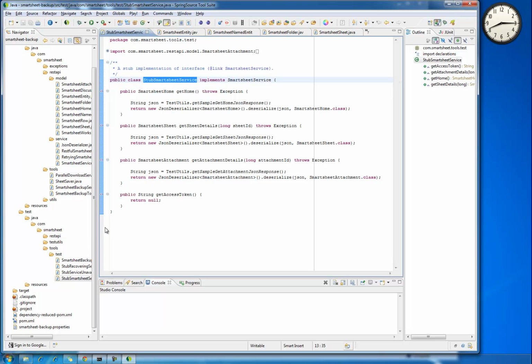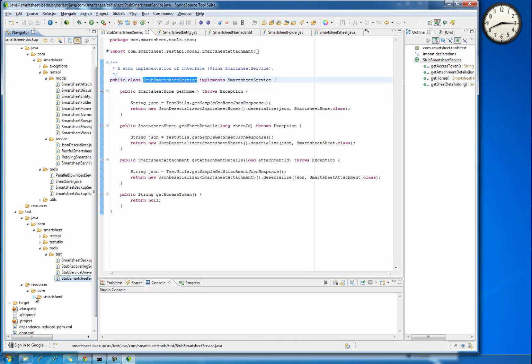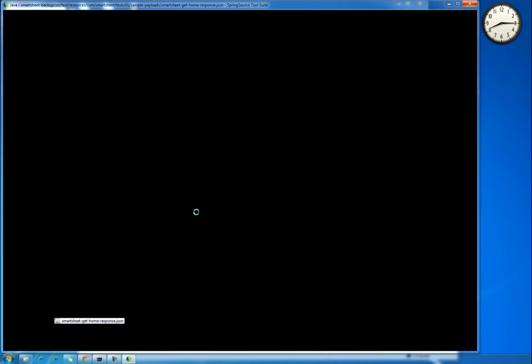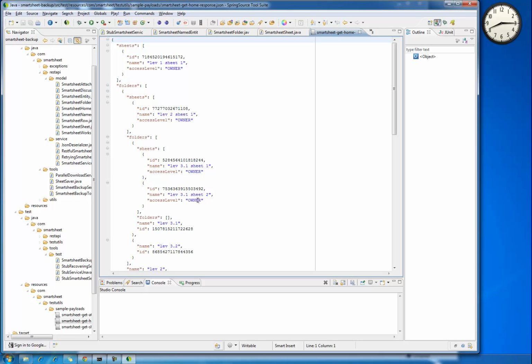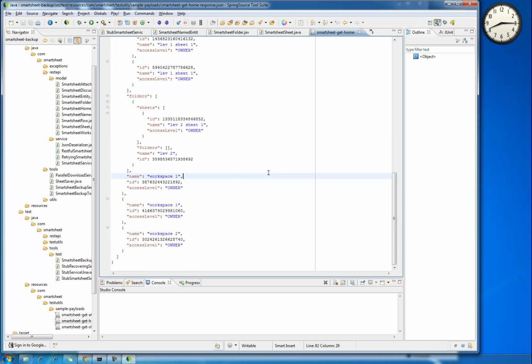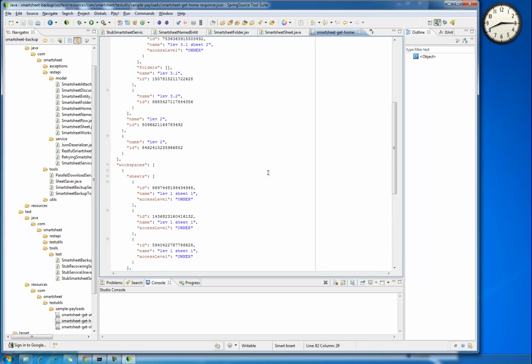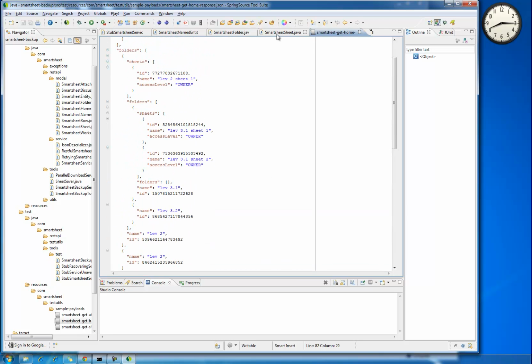I can actually show you the sample payloads, which I just copied from the response I got from the API, like for get home, for example. Right, this is the actual JSON I got back. Well, pretty printed, but it's what I got back. So I just deserialize that into the model object and I pass that back. So in my test here, right,